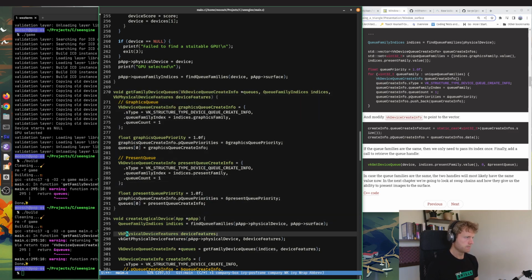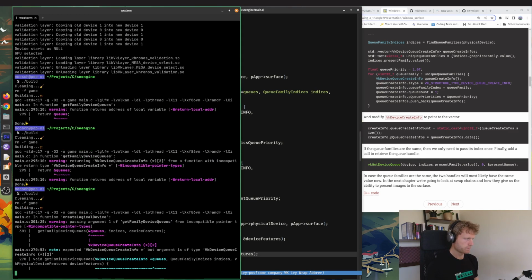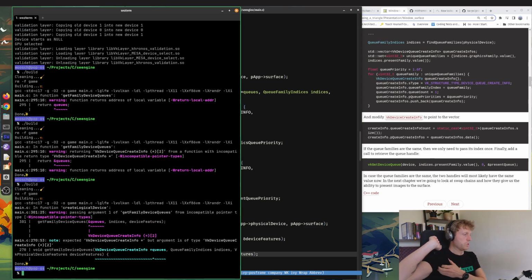And then, okay, so when we call this function, which was here, we actually aren't doing this thing. We're creating our own queues, passing in the pointer to it. Whoops, I mean the address of it. Now, our own new set of problems. Passing argument 1 of the queue family function, the create info queue. Expected the pointer to the create info queues, but we actually got